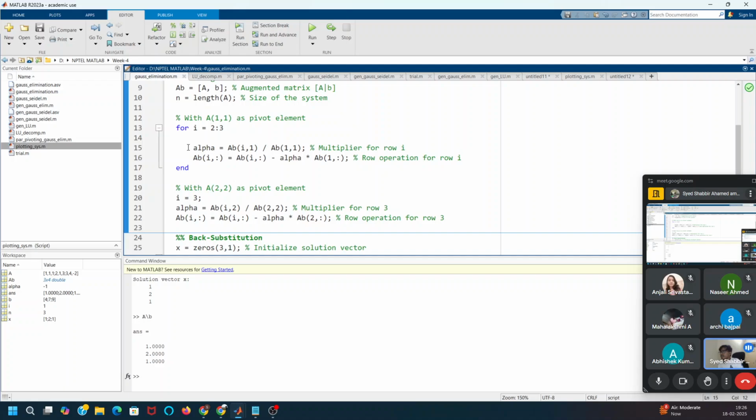For that, I have to get this alpha value. We are first trying to nullify the first element of the second row, so that divided by the first element of the first row is alpha, and if I multiply this alpha with the first element of the first row, I'll basically get